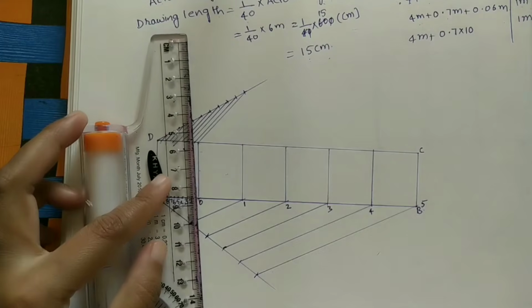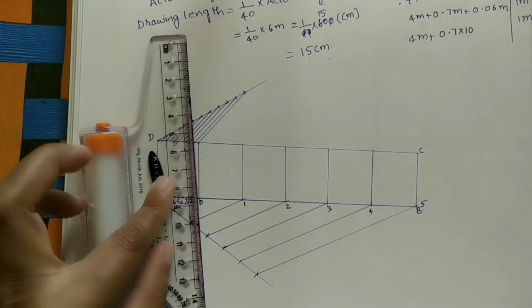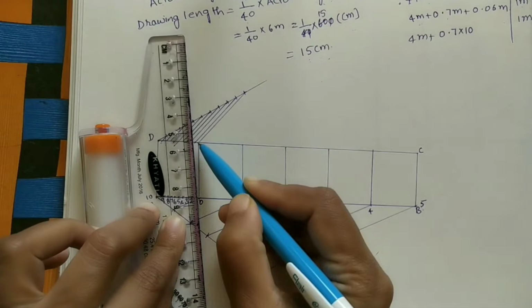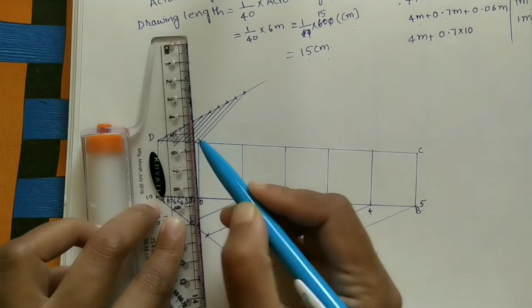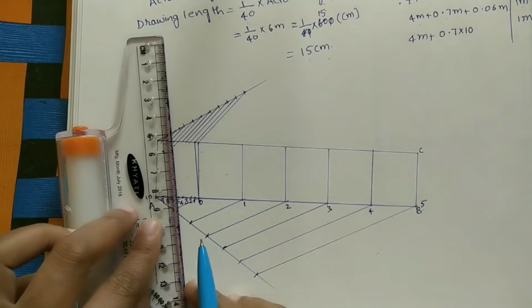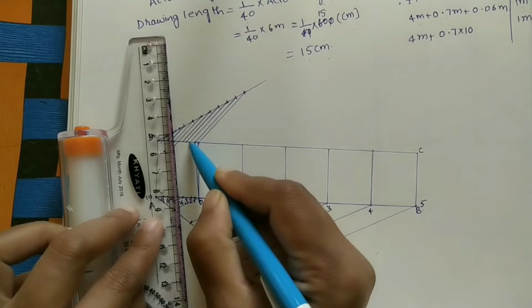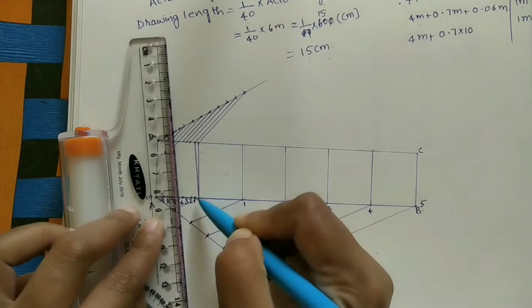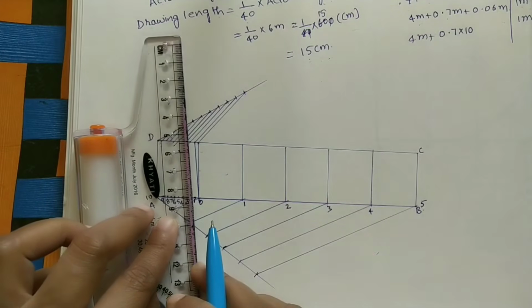Okay, so we will get the cross lines. Those lines are called diagonal lines. 0 to not 0, the first point. Okay, do with scale. See here we got the cross line, diagonal line. 1 to second one. Okay, first one we have joined to this 0. 1 to 2, one cross line we are getting.